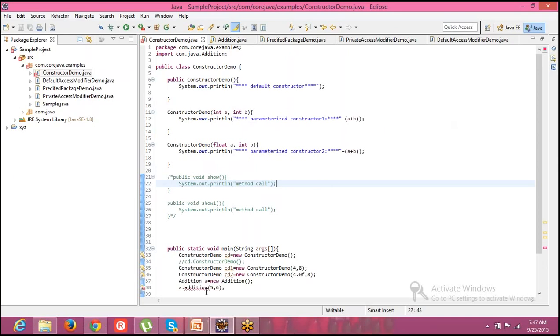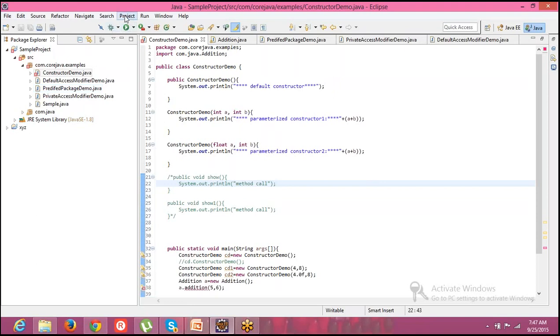Whenever there are scenarios like this, where you already have the code and everything is there, but Eclipse is not able to identify it, what you have to do is go to the Project menu. Till now we have been using only File to create new projects and so on.